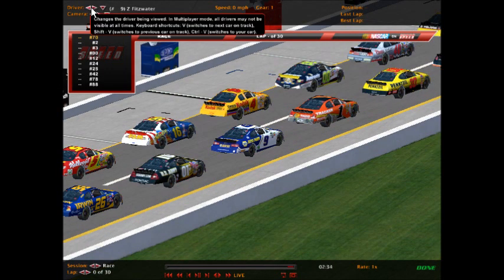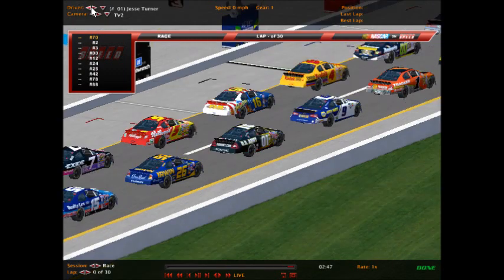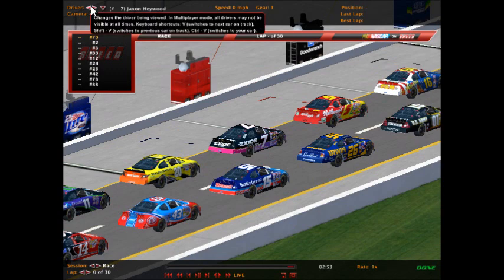Next row down has car number 16, Paul Minnick in the Family Channel Ford. And beside him will be car number 9, the Napa Auto Parts Chevrolet of Zachary Fitzwater. Next row down has car number 5, Jay Jefferson, the Kellogg's Cornflakes Chevrolet. And Jesse Turner in car 01, the U.S. Army Pontiac. Next row down is car 7, Jackson Haywood in the Exide Batteries Ford. He'll be alongside car 26, the Irwin Tools Crown Royal Ford